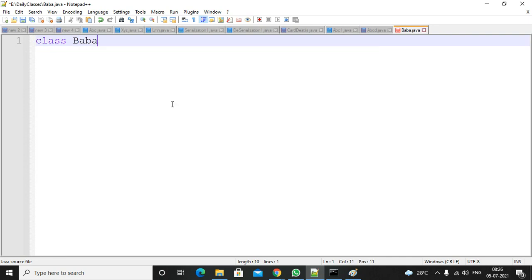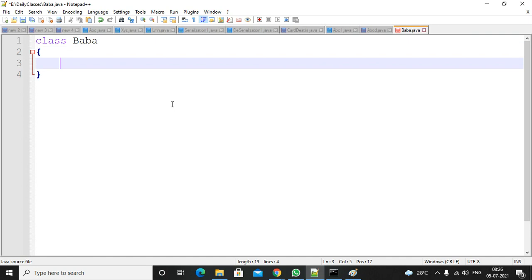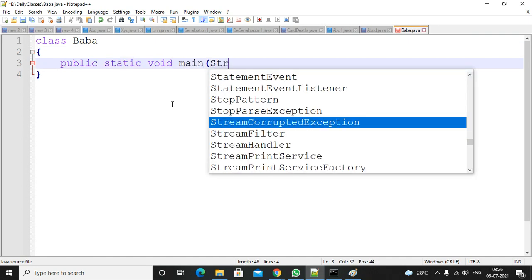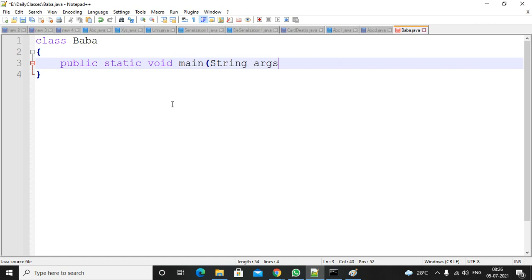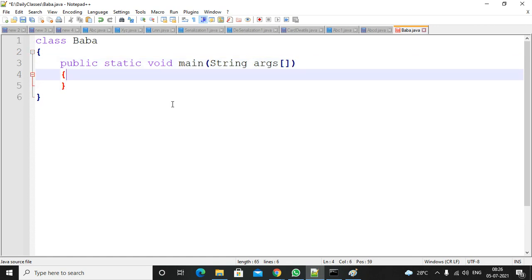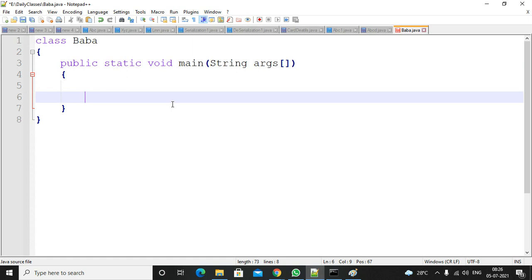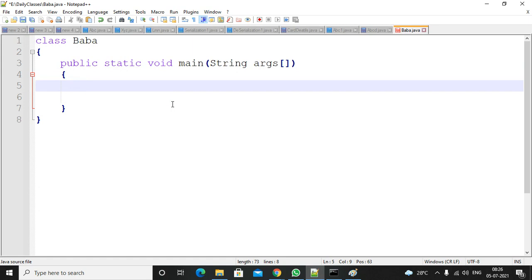Class name, right? Main method. Inside the main method, I will write two statements to raise two different exceptions. You already know, one for null pointer exception, one for array index out of bound exception.